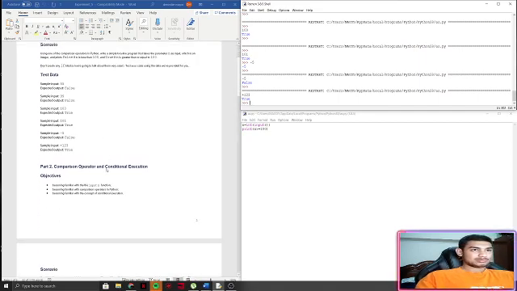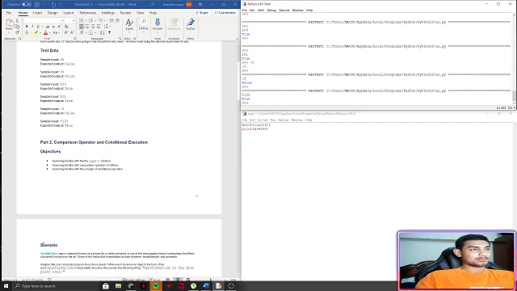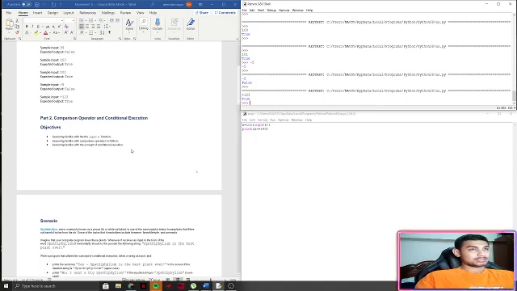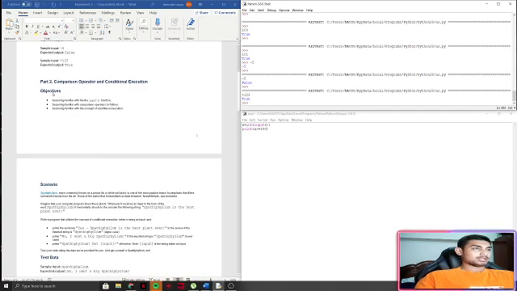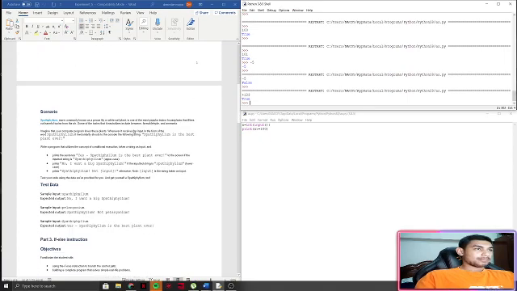So let's proceed to the next part, which is comparison operator and conditional execution. The objectives here in part 2 are becoming familiar with the input function, becoming familiar with comparison operators in Python, becoming familiar with the concept of conditional execution. So the first scenario, or the second scenario, is